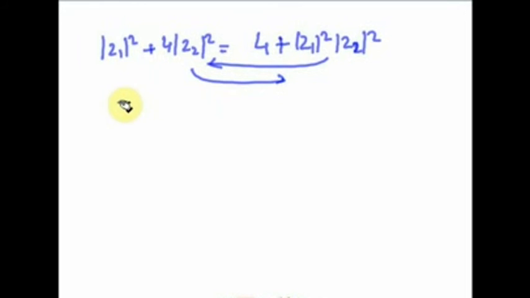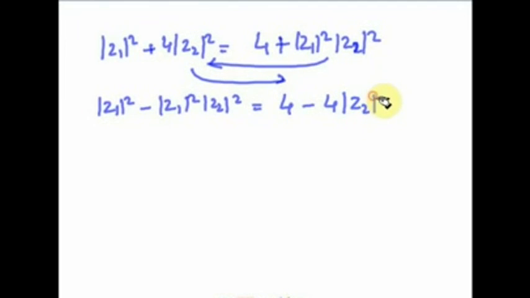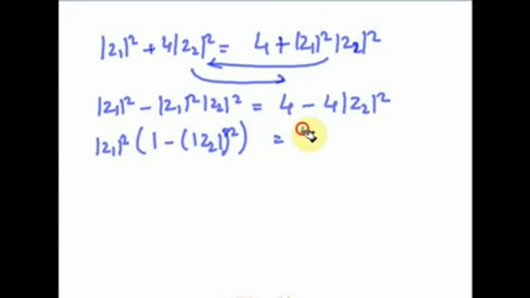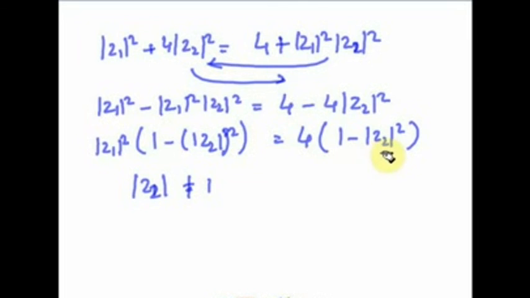If we take this term this side and this term this side, we'll get modulus z1 square minus modulus z1 square into modulus z2 square, that is equal to 4 minus 4 times modulus z2 square. Taking modulus of z1 square as common, we'll get 1 minus modulus z2 square is equal to 4 as common, 1 minus modulus z2 square. Since it is given that modulus of z2 is not equal to 1, this term can't be equal to 0, so we can cancel this term from both the sides. We get modulus of z1 square is equal to